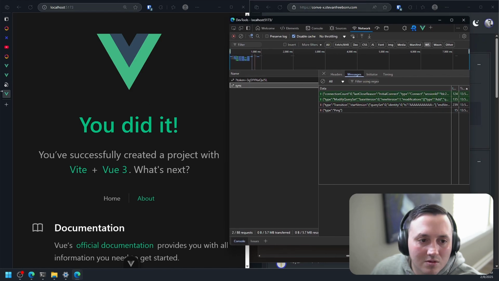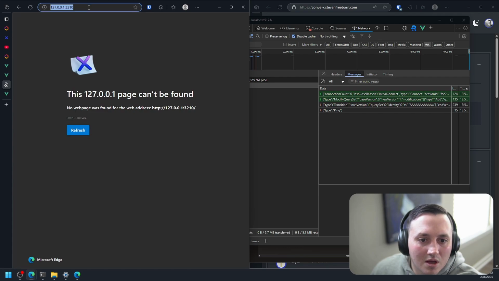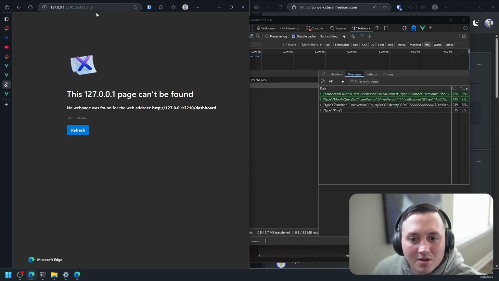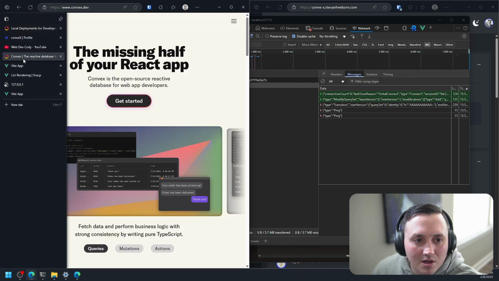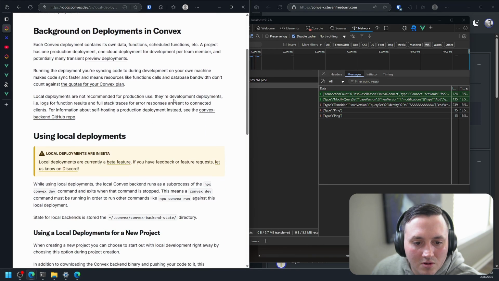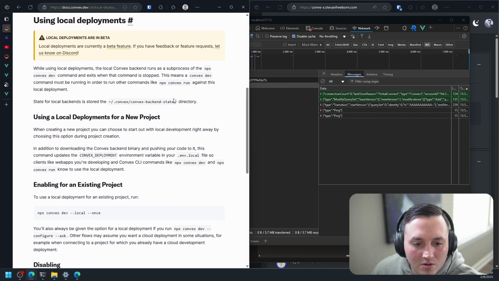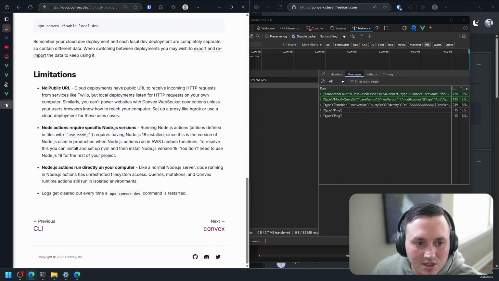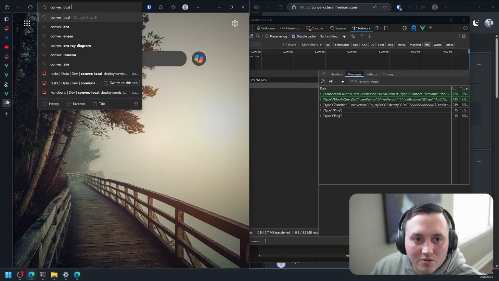Now, I wonder, is this at like /dashboard? So where does the local, let's see if we can find it, Convex local dashboard.